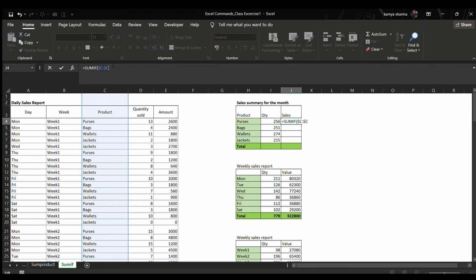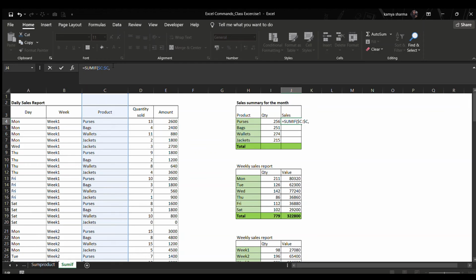Freeze, because this dollar thing is called freezing a cell. That means I want that cell or that particular row or column to be frozen, to be stopped, and that has to be used in different formulas or different rows, so that needs to be consistent.